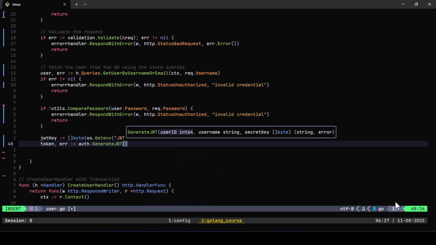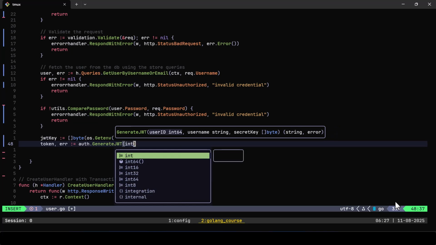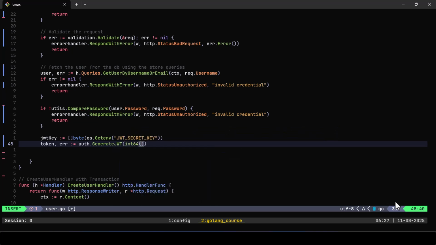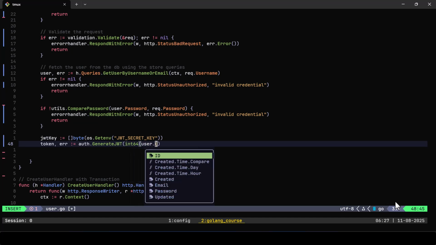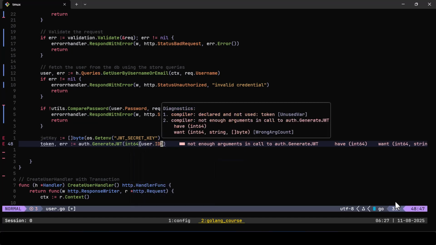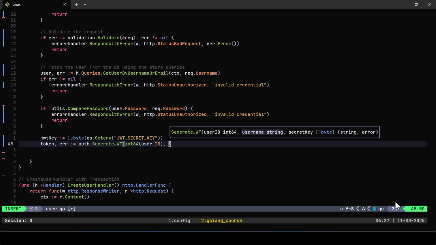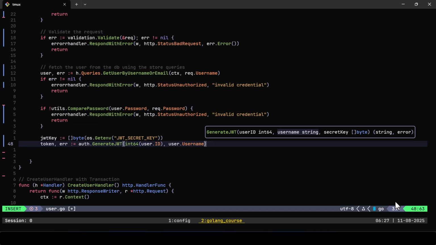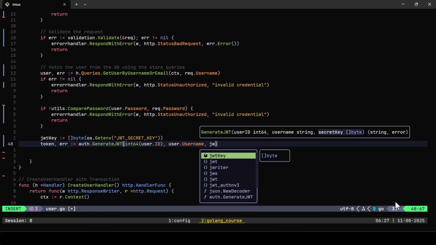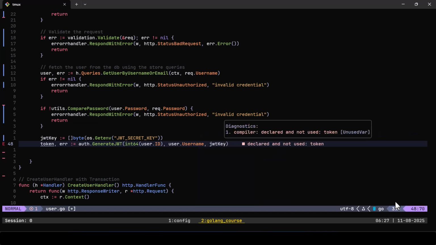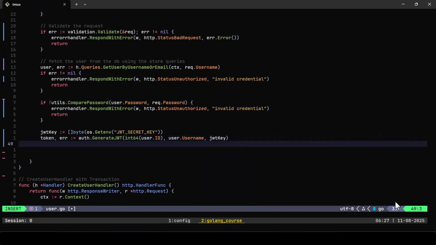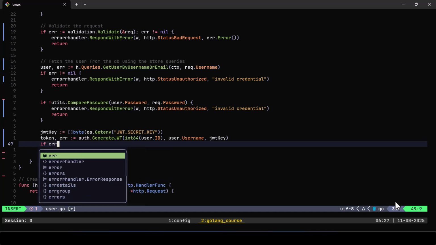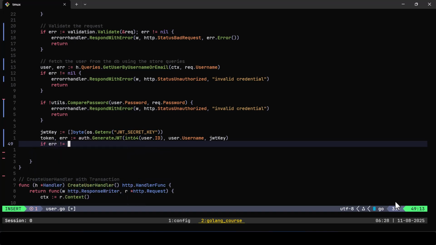We need to cast the ID to int64. Then I'll pass user.ID, like so. Then user.Username. Then the last one is the secret key, which we call the JWT key here, like so. And let's add the error. If error does not equal nil,